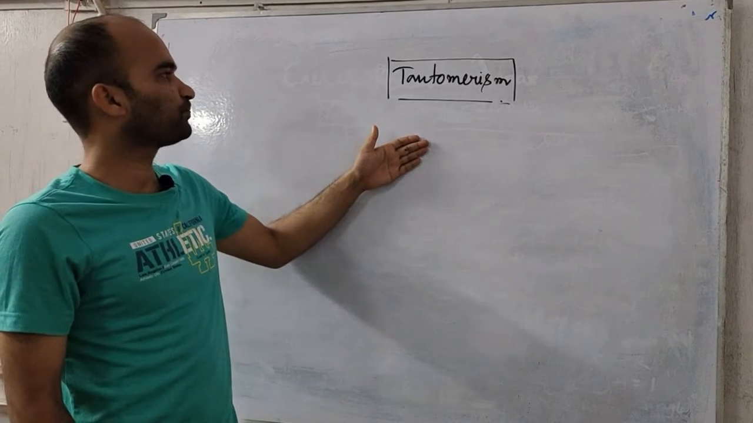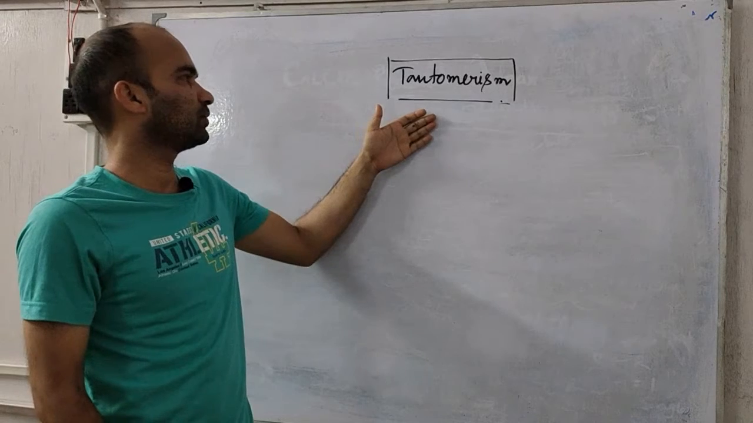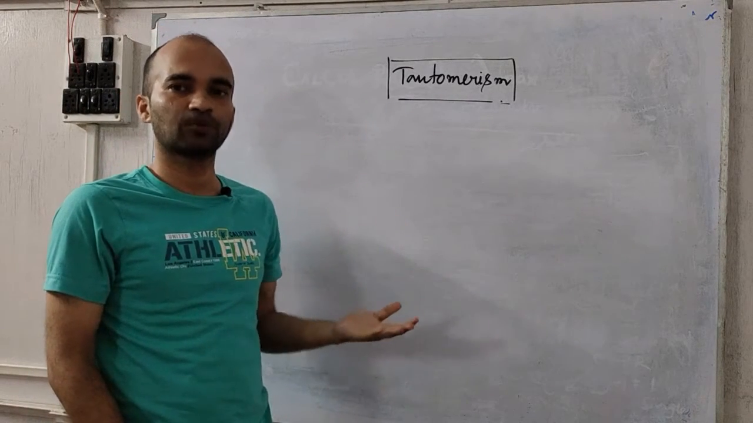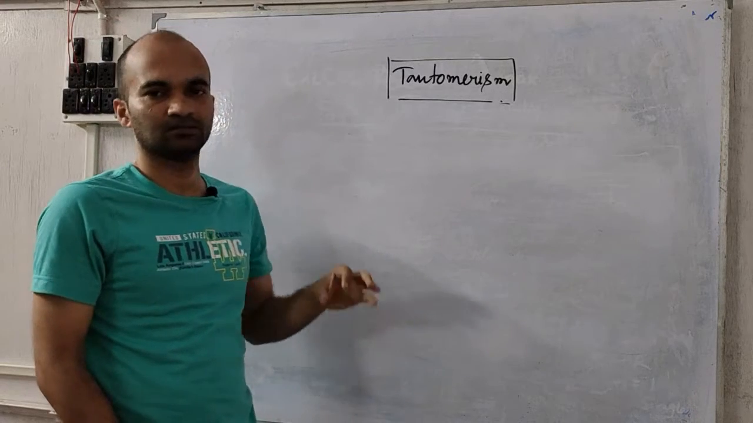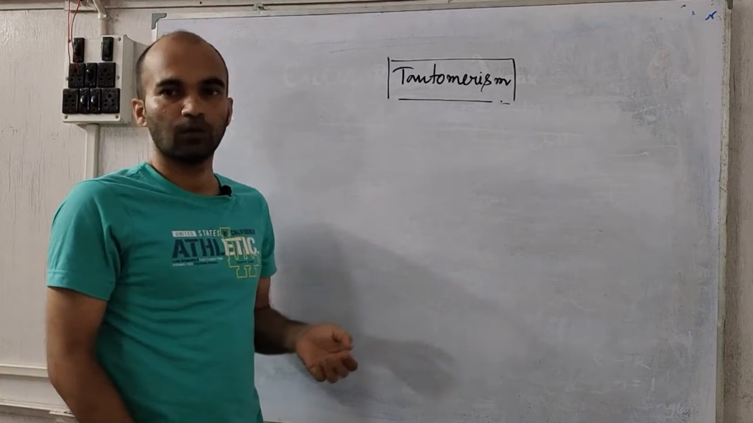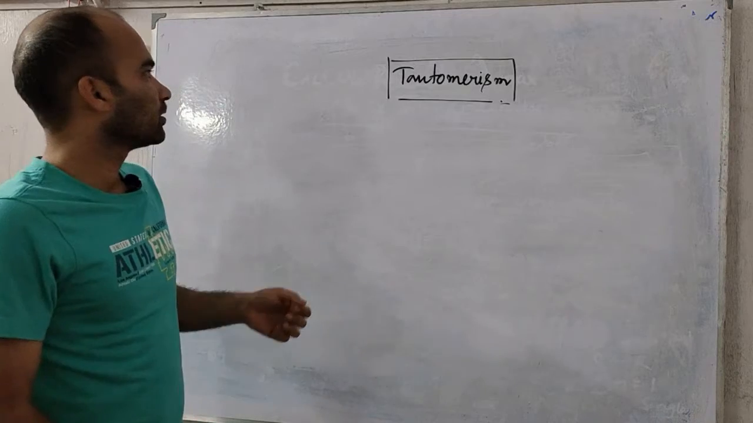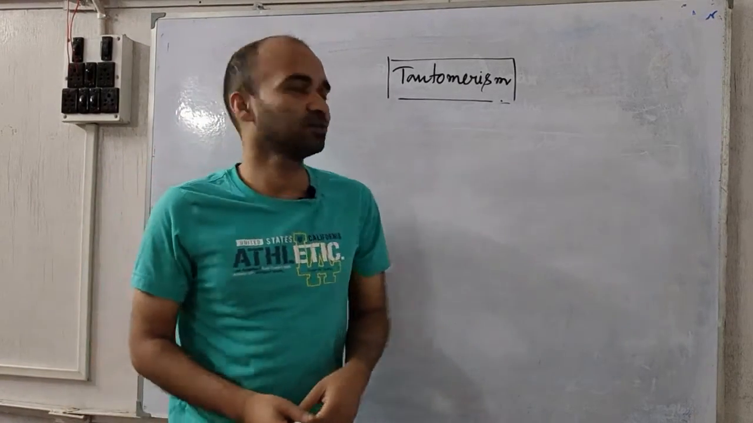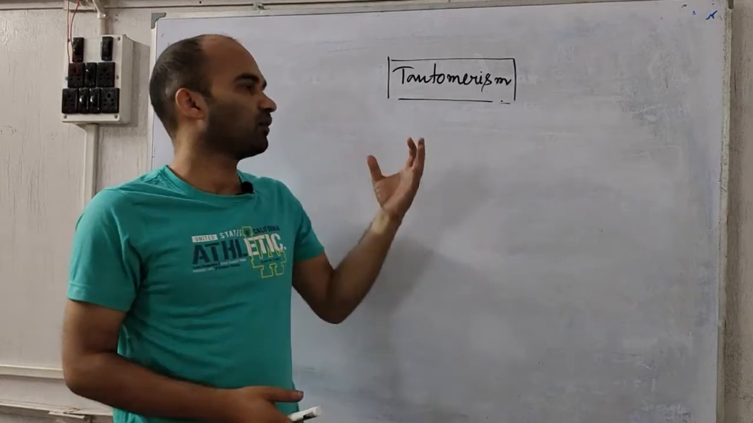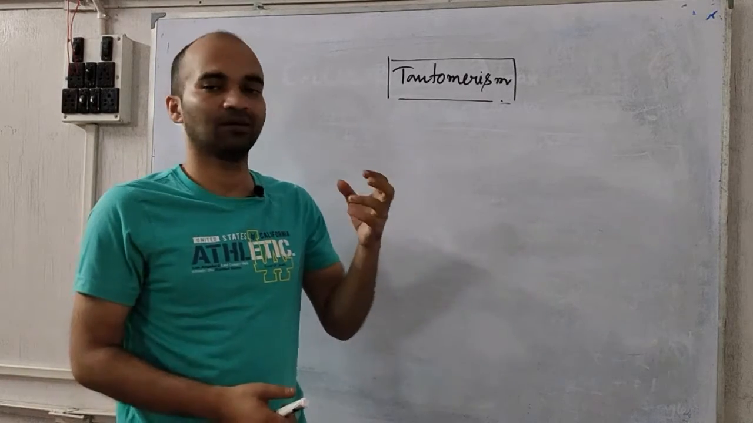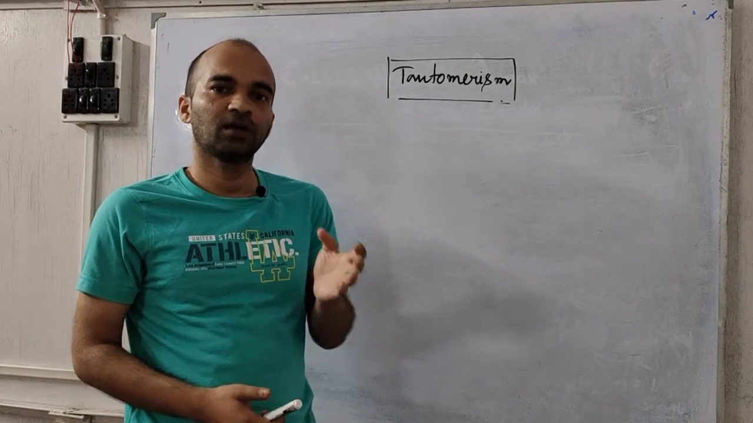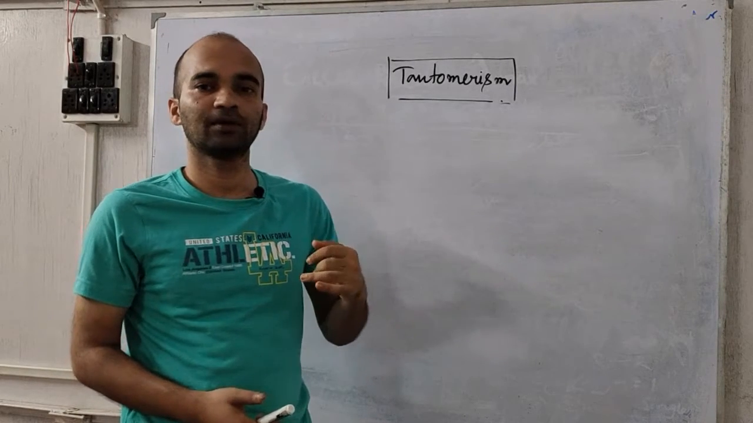So we are going to learn today what tautomerism is and what are the types of tautomerism we can see in various types of molecules. What is tautomerism actually? If there is any alpha hydrogen in a molecule, then the position of the alpha hydrogen wherever it may be